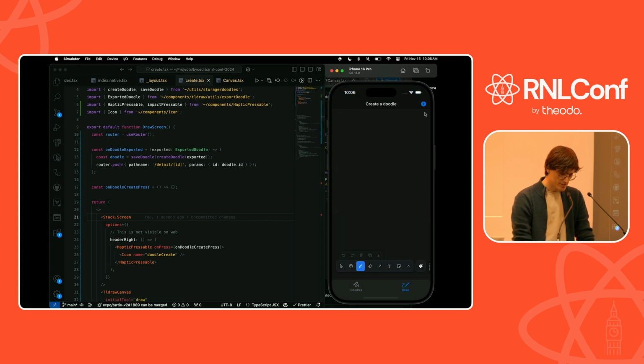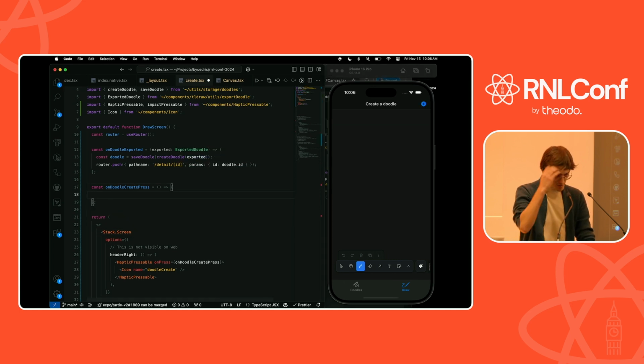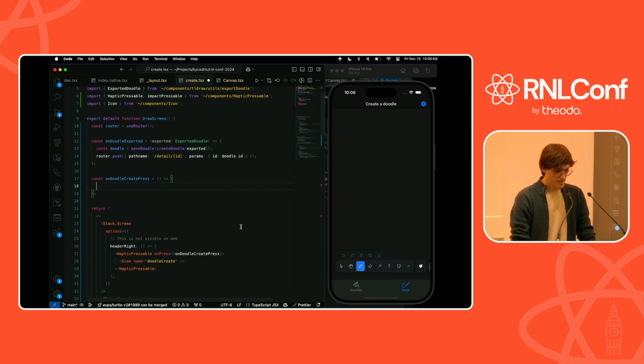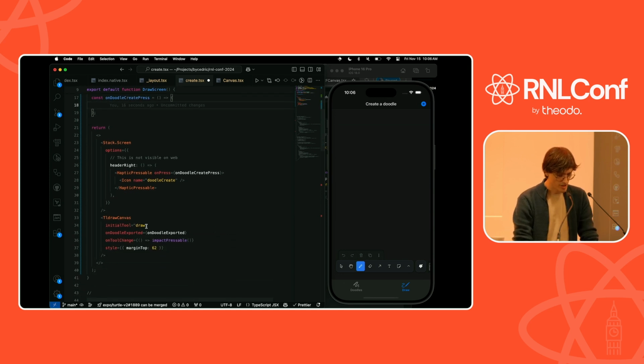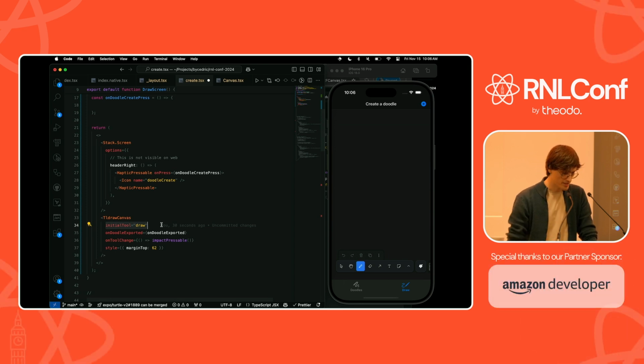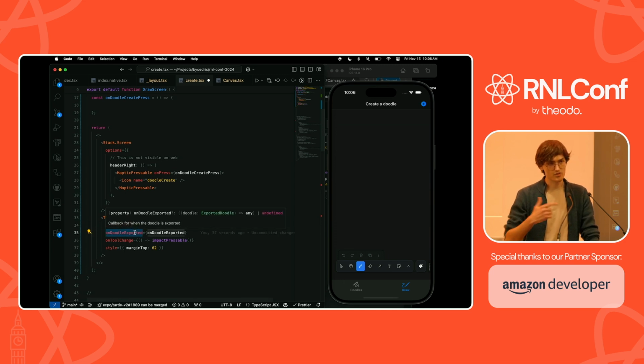So now that we have our button, we do need to link it up to the TLDraw instance, right? Right now, it doesn't do a lot because our callback handler is empty here. Now, how do we actually do this? We have to invoke something on the web context from the native context, and we're running into a whole different set of issues here, where we can kind of use props, but that will be abusing the React update life cycles. We only have callback functions that go from web to native, but not from native to